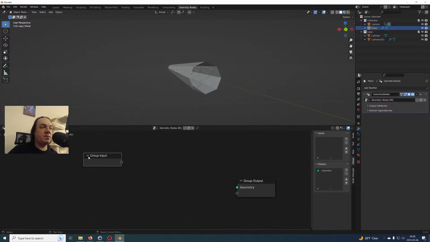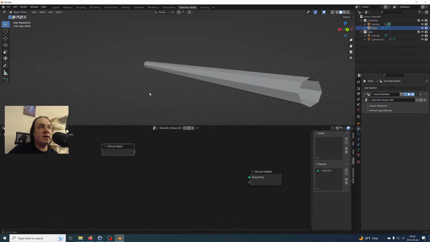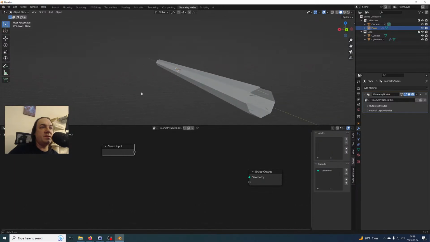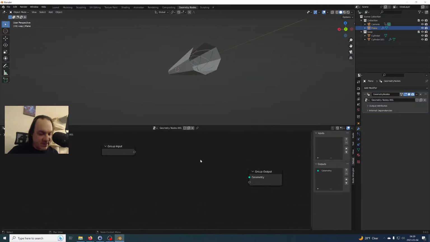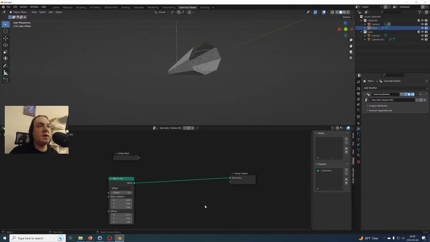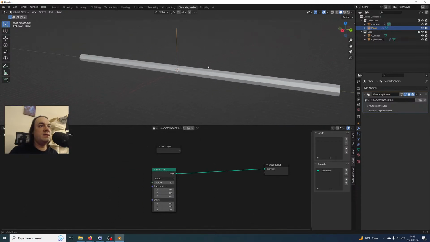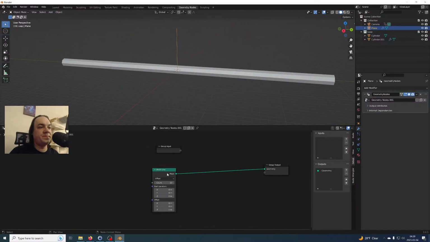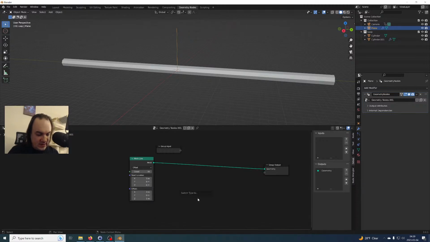For our case here, we're probably not going to use the geometry nodes anyway, all right. So we have our collection here. How do you instance that? Well, let's take a mesh line. Now we can see the line goes up. And if we do, so